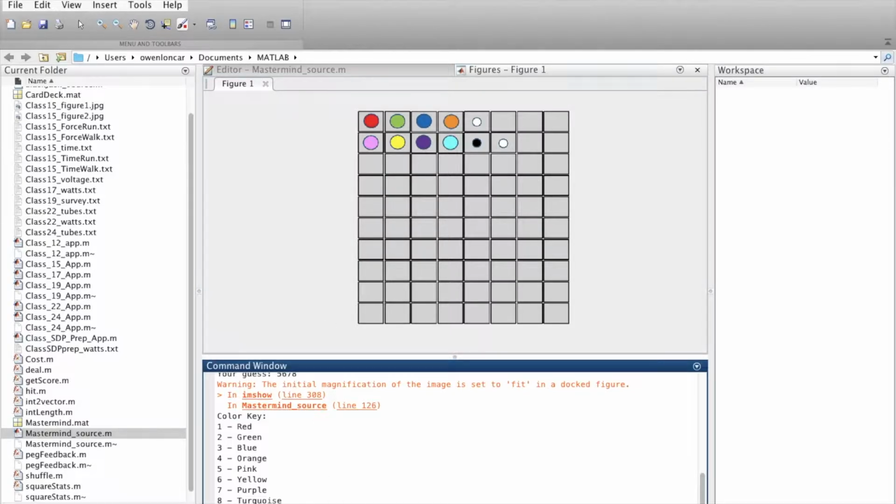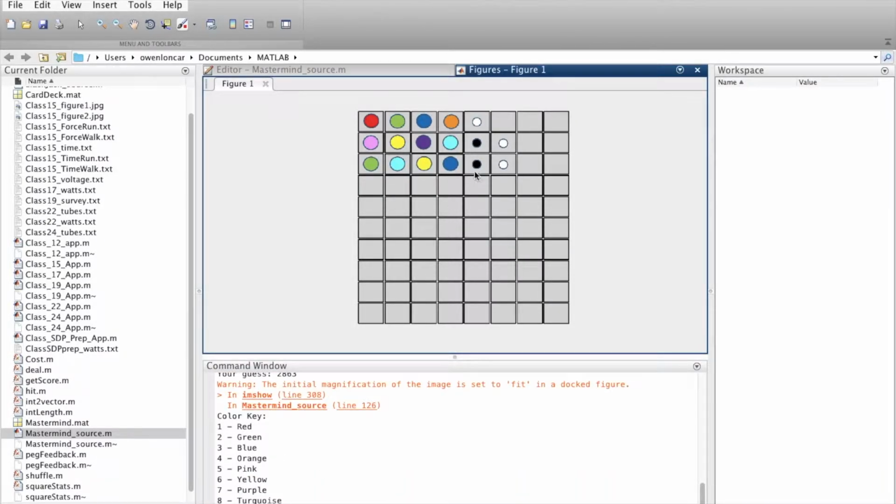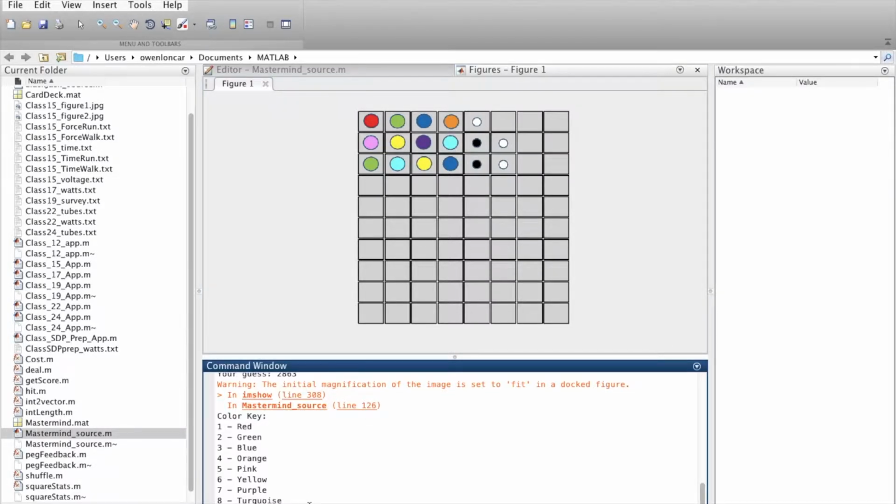So I'm just going to take a guess and say it's green, turquoise, yellow. Yellow would be 6, and blue. Alright, I still got 1 right and 1 wrong. So this is how the game would go. You'd go on and on. I'm not going to do it for time purposes, but if you just finish out your guesses, we can see